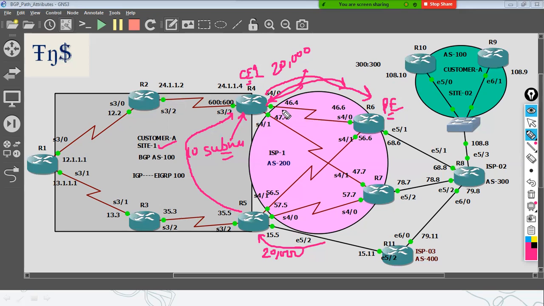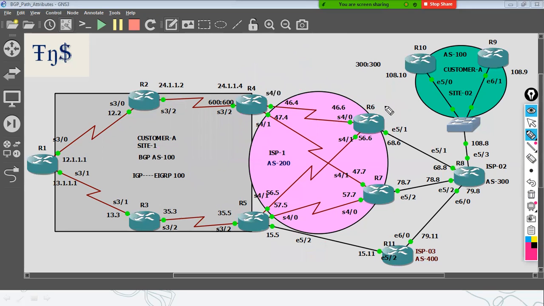This is not the only customer that is being terminated on the PEs, because there are a lot of customers the ISP is handling. So if a lot of customers make this kind of mistake, during a migration or something, then the PE routers can crash, right? They cannot handle so many routes, right? So normally in live networks, the ISP sets some limit of prefixes received from a particular neighbor. What exactly happened is,